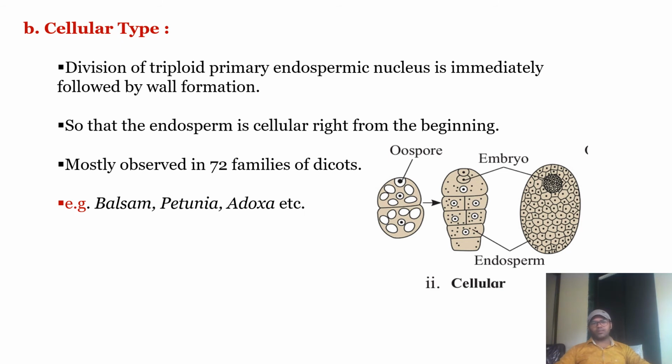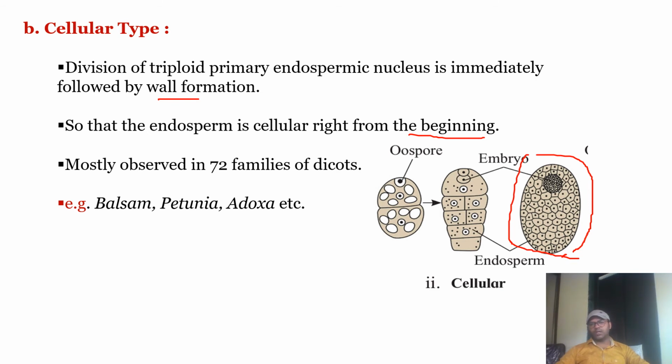Next type is cellular type. Here again the same procedure happens. The PN, that is the primary endosperm nucleus, again has the triploid condition. It will divide and redivide, first by nuclear division, but immediately it is followed by wall formation. So wall formation starts from the beginning, which results in such type of endosperm,